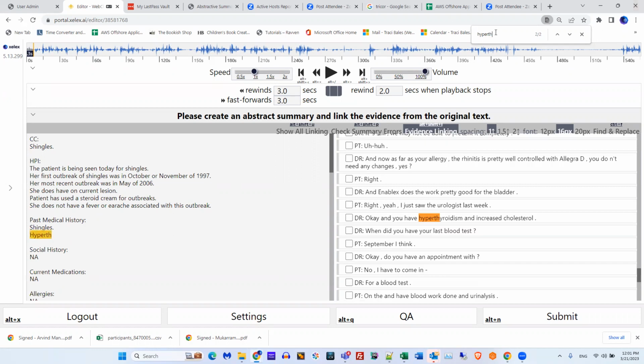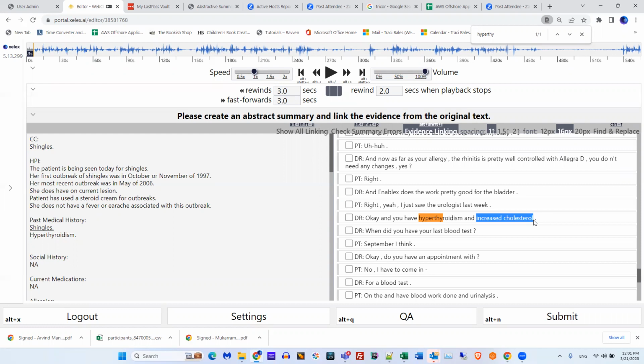Let me see. And increased cholesterol. So let me show you what I would do there. Hyperthyroidism, a link. And notice everything on its own line. And then increased cholesterol. So this is another thing that's going to be different for you.